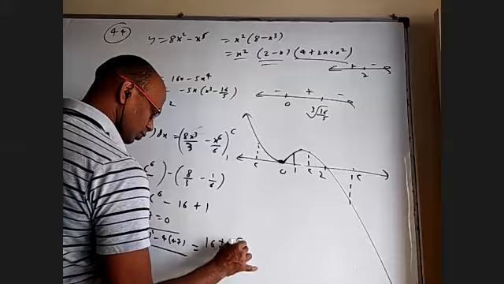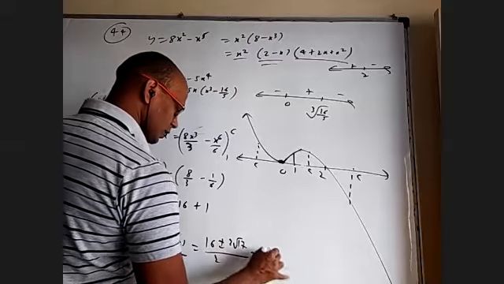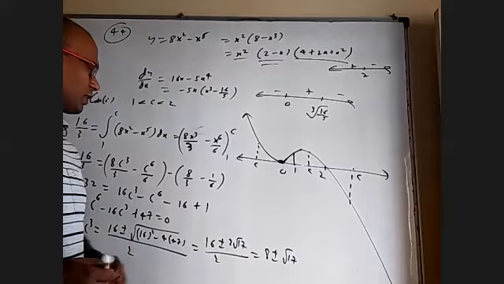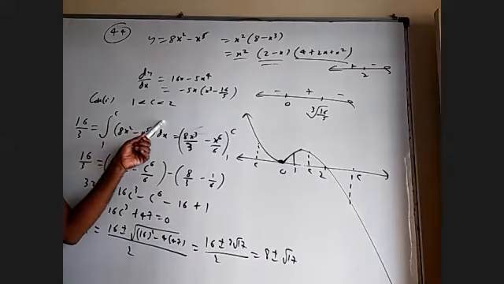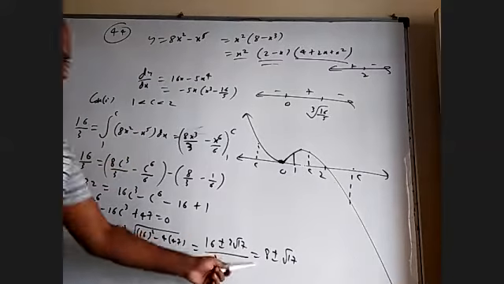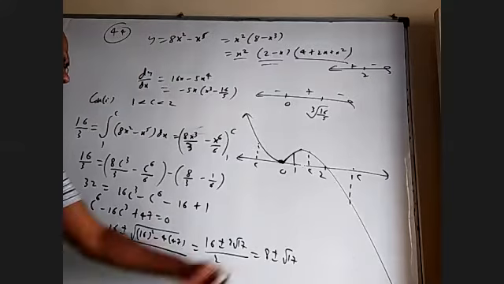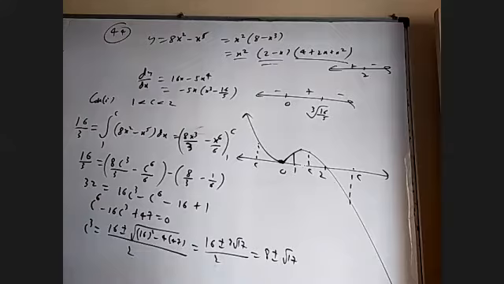So this is 2 root 17 by 2, which is 8 plus or minus root 17. But I should not take 8 plus root 17 because I already assumed c is between 1 to 2. 8 minus root 17 also may not be okay, because that is also going a little outside, because 8 minus is a crossing. So both are not okay.